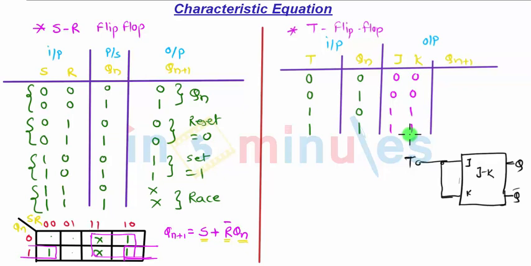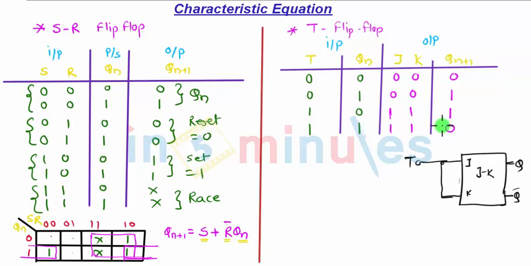Now let us find out the next state, or the Qn plus 1th state, for the flip-flop. Basically we are exciting the JK flip-flop. So JK is 0 0 and 1 1. First of all, let us solve from the first position, that is JK 0 0. JK 0 0 gives us the previous state, which in this case is 0. So the output will be 0. Again, JK 0 0 in the second case gives the previous state. In this case the previous state is changed from 0 to 1, so this will be 1. JK 1 1 will give us a toggle. Toggle is nothing but Qn bar. So whatever Qn is present, that is 0 here, will be toggled to 1. And in the last case, JK 1 1, again toggles from 1 to 0, that is nothing but Qn bar.